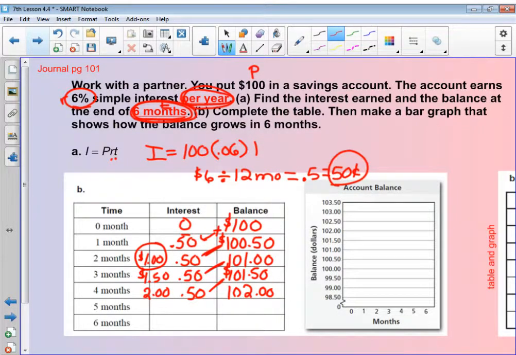So we'll graph to begin with. At month 0, this is our X and this is our Y, we got $100. Month 0, $100. And you can either use a line or a bar graph. That's up to you. I'm going to do a line graph. So month 0, I'm at $100. Okay, at month